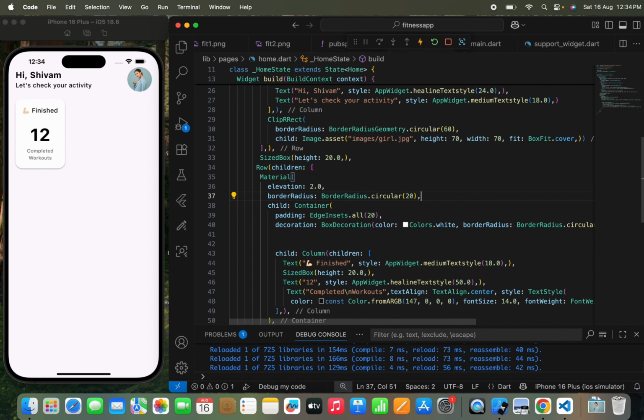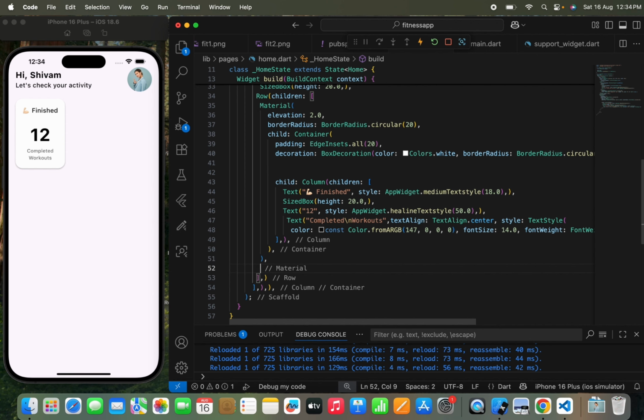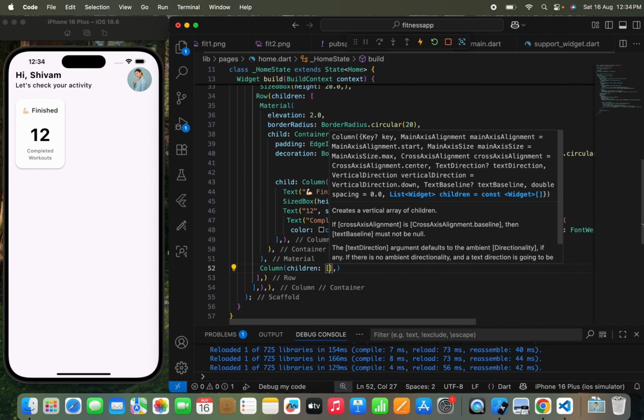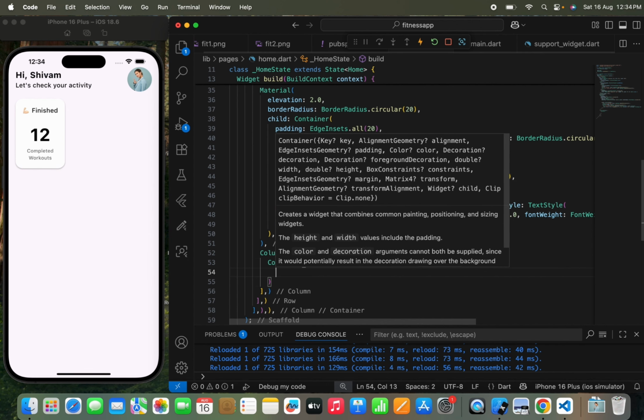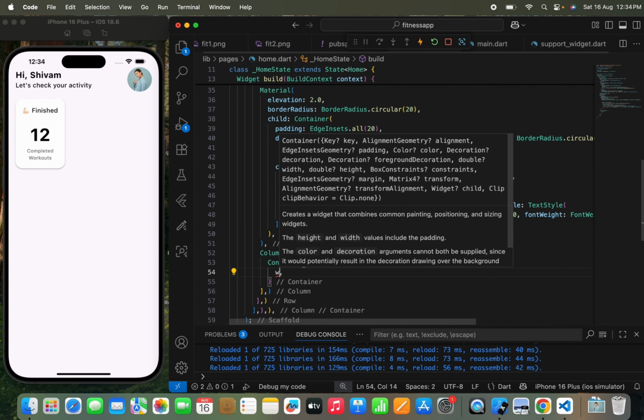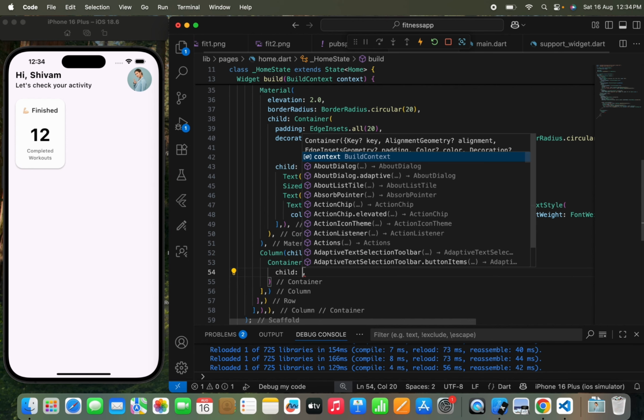Right now this is what you can see, like we have just shown how many workouts have been completed. Right now after this I need to show, in the row widget I just move, and we'll just move to the column widget. We'll just pass children. In the children I'll just pass a container, and pass a width. Let's leave the width because I don't want to pass a fixed width to this container, because as I've told you, responsiveness is one of the important things when you are developing the app. So here I'll just remove that